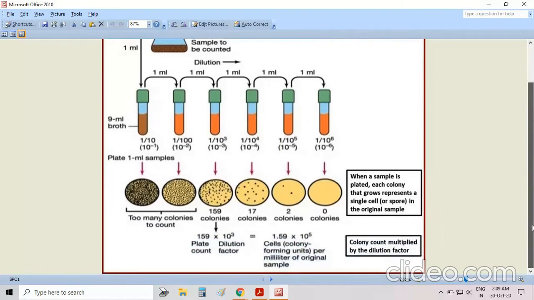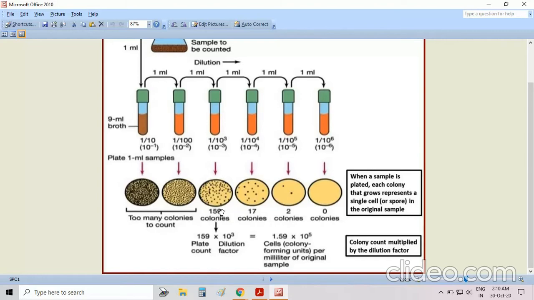Let me pull it down. See, 159. That is correct. But in the fourth petri dish, what is happening? There are colonies. We can even count them, but the number is less than 30. The last one also is a 2, but we want a number greater than 30 and less than 300, and that is 159. But what to do? Our aim is to get the density of bacteria.